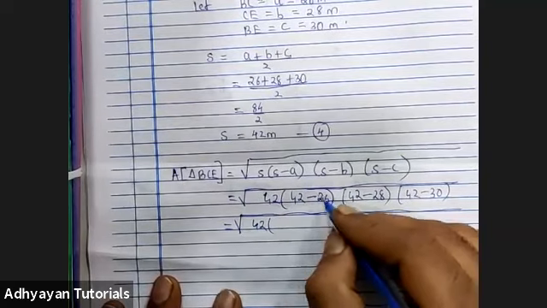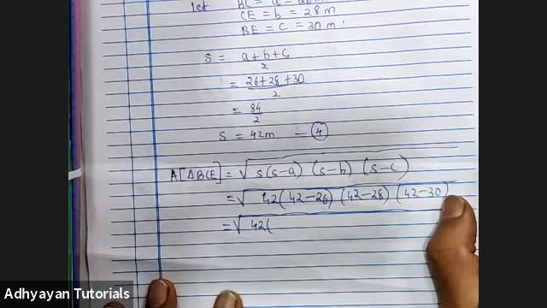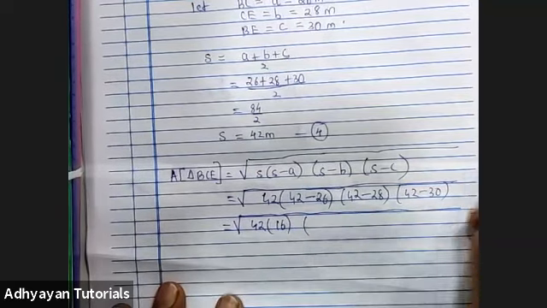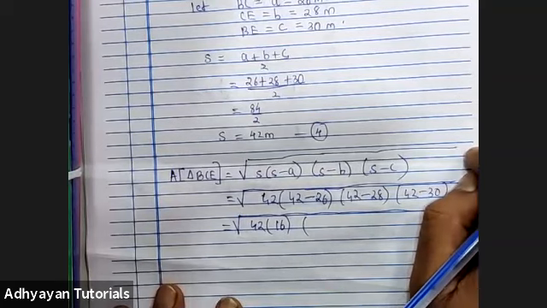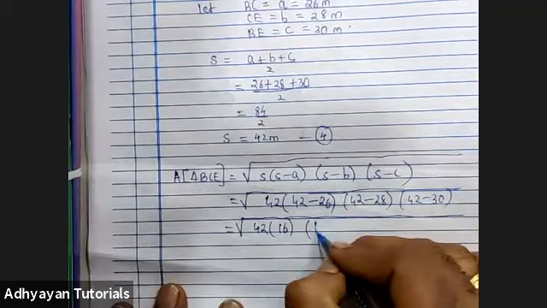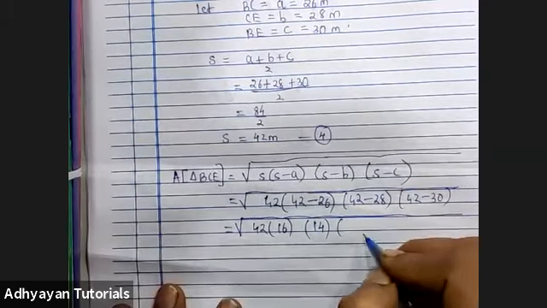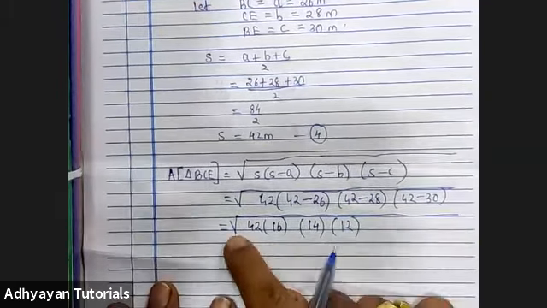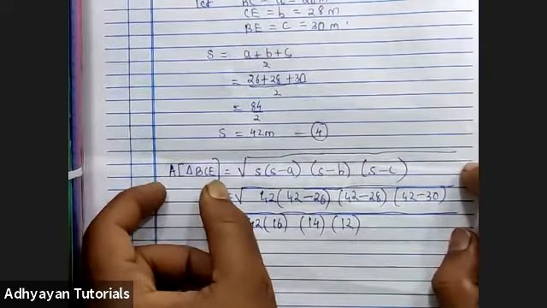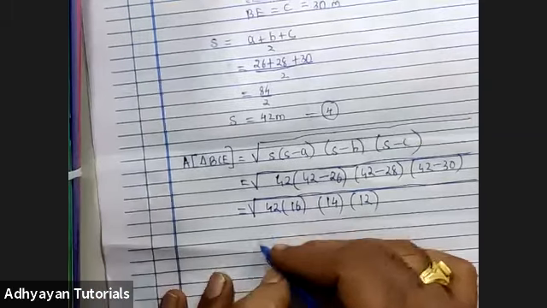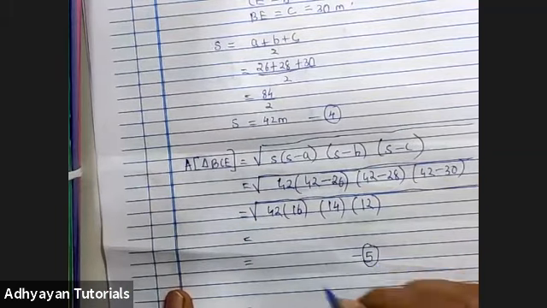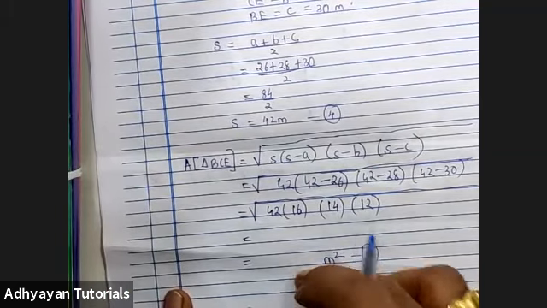So 42, and this would be 16, 14, and this be 12. राइट अब सबका फैक्टर्स निकाल करके उसको रूट में से बाहर लाना है. You'll be able to find the area of triangle BCE. I'll just leave this up to you kids to find it. We mark that equation 5, जो भी आंसर होगा.